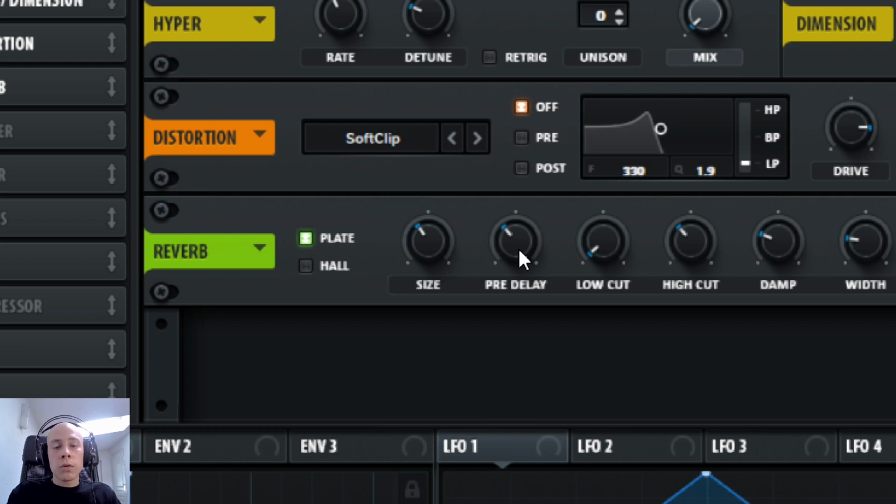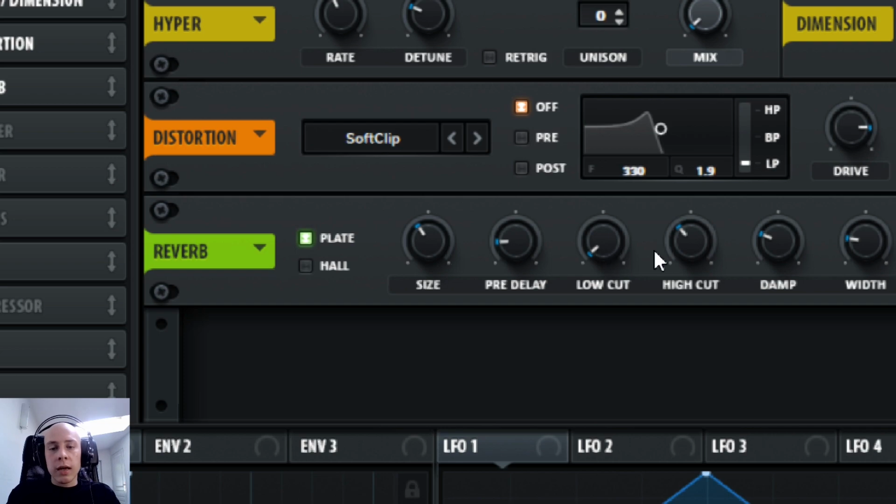I don't want to set the reverb very long because it will cause a messy sound. We don't need to concern a lot with the pre-delay control. This one allows you to separate the reverb from the bass sound. But our bass sound is playing all the time. We can leave this pre-delay set to a low value.